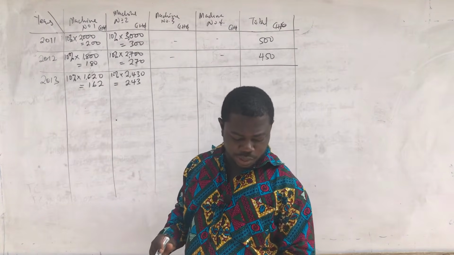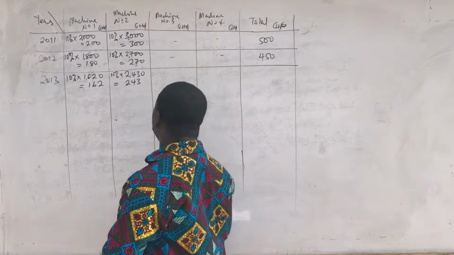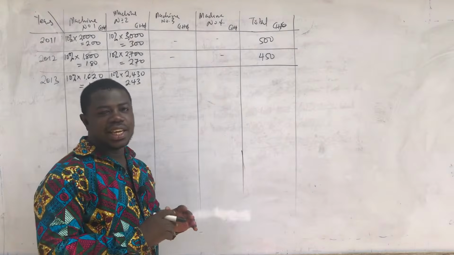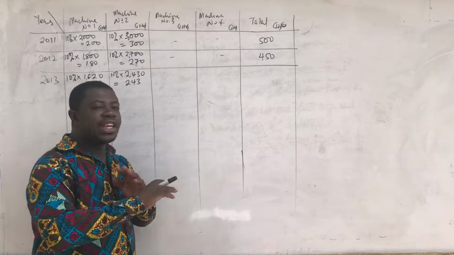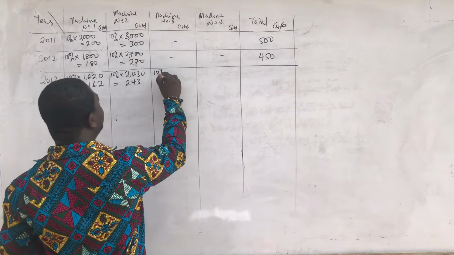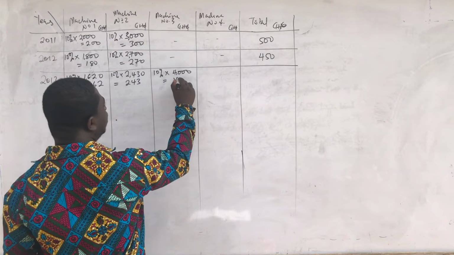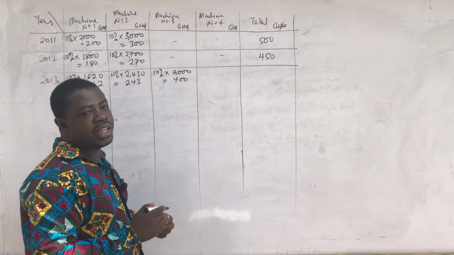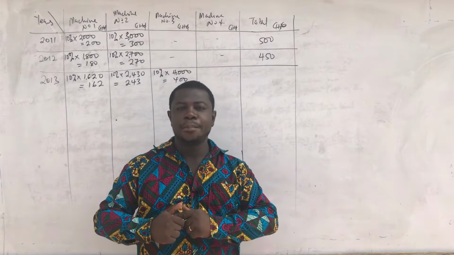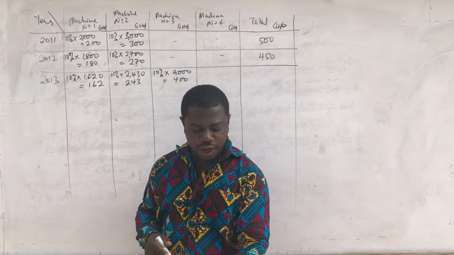And then we move to machine number 3. Machine number 3 was bought in December 2012, but it relates to 2013 financial year. The cost is 4,000, and we are told that full year's depreciation is charged in the year of acquisition. So we don't even care about the date. Once it is in the year, we calculate full year's depreciation. 10%, and the cost was 4,000 cedis. It was bought at 4,000 cedis, and so we have 400 regardless of the date it was bought. We don't care because we are told a full year's depreciation should be charged in the year of acquisition, and